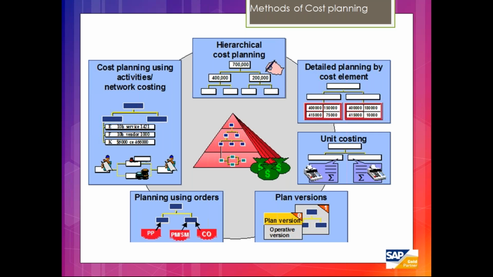Then we have detailed levels of cost planning. So this cost planning is basically used with respect to the particular GLs against that particular WBS. Okay. Then we have unit-based cost planning. So this is basically used like a grouping of the cost plan. Like material is one group, service is one group. Okay, internal or external is one group. Like that, based on the groupings, you can do your cost planning.